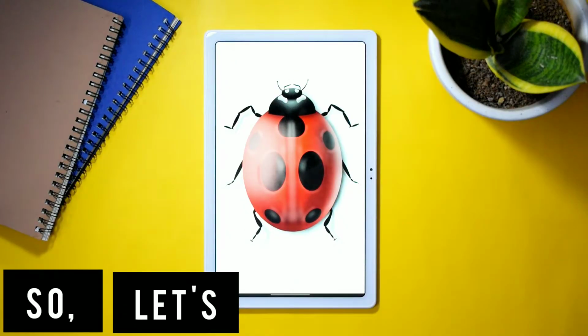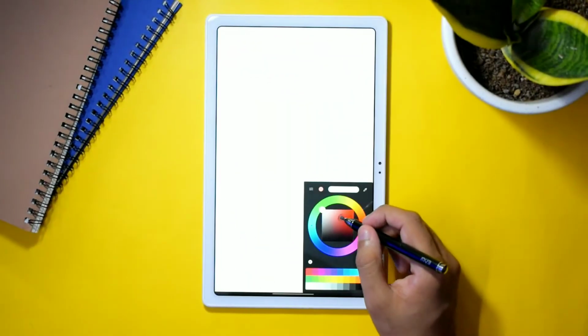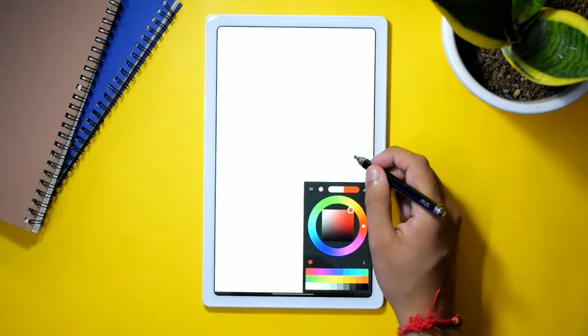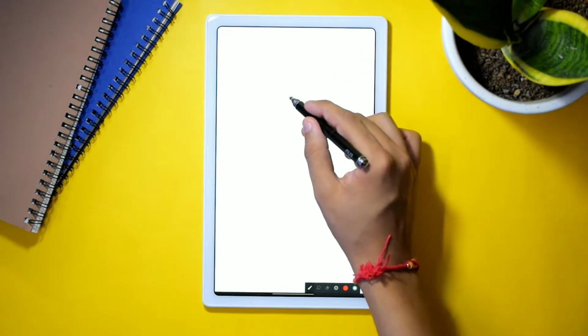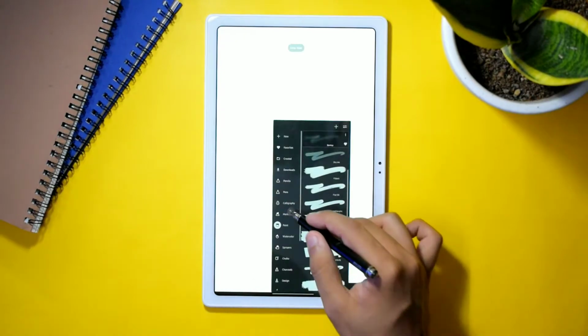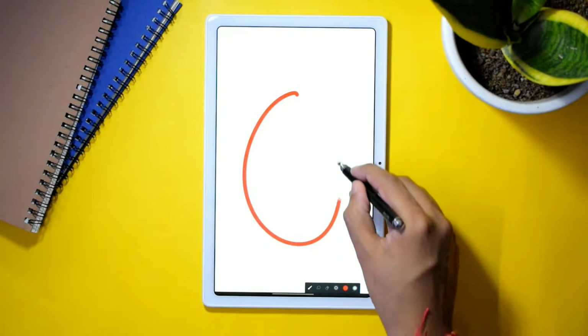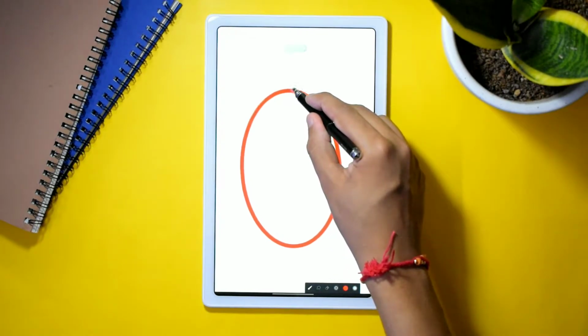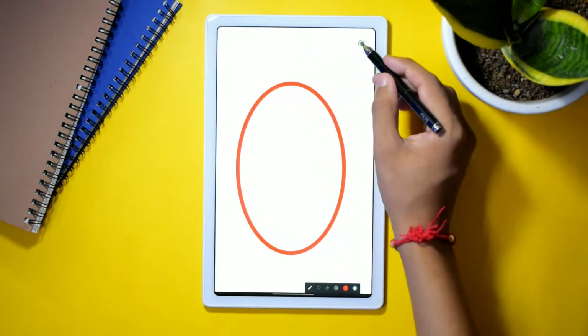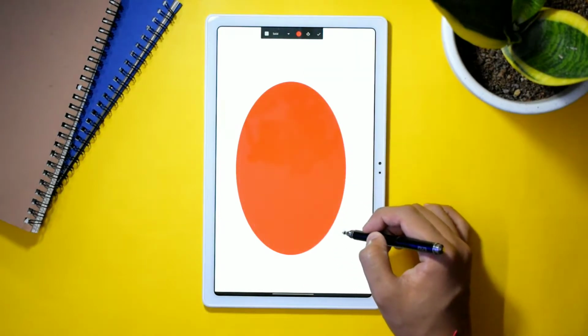So let's get started. First of all, you need to choose a color, that is a red color, of course, for the ladybug, for the center body. And I'm here using a monoline brush from the calligraphy slot for the main body of the ladybug. So you need to make an oval for that and just fill it up with the color red, and then